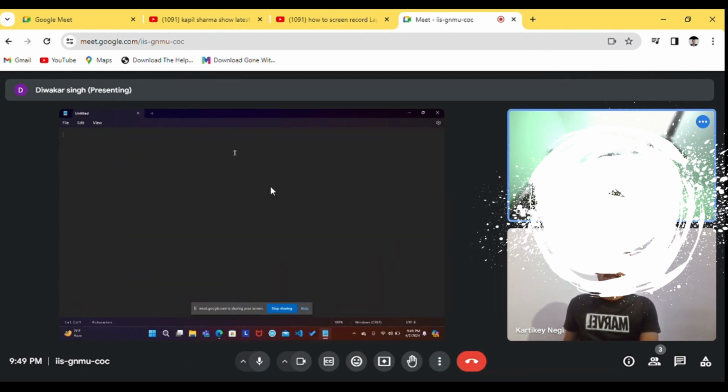Basically, I can write JSX over here. As I said, JSX is HTML inside JavaScript. So I will create a function over here, like display, and in this function I can write the HTML. You can see that inside JavaScript I am writing HTML. So this is JSX, JavaScript XML.